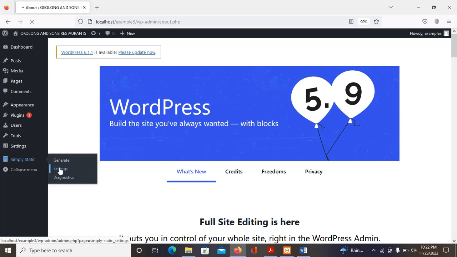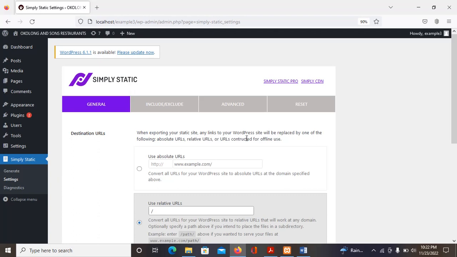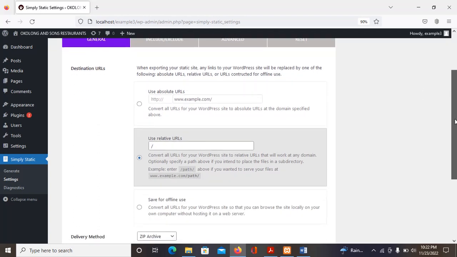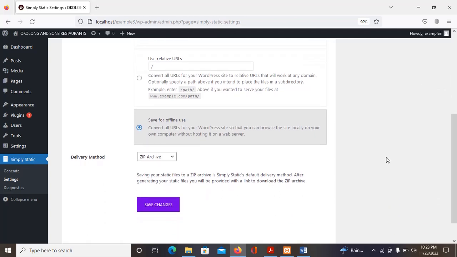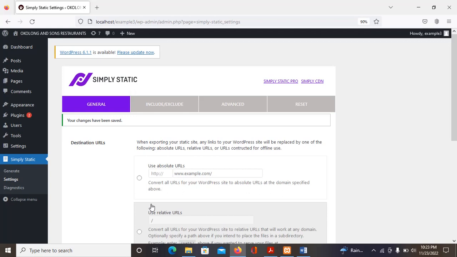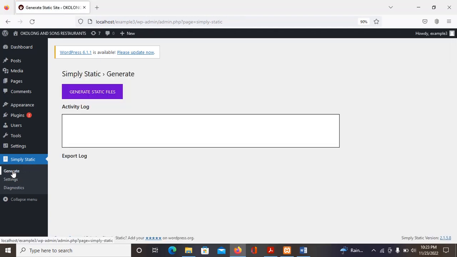So you click on settings. Then you look for save for offline use, because we shall mark it offline. Save for offline use, and make sure you save the changes from here. You click on save changes. After you have clicked on save changes, go back to Simple Static, and now generate. Click on generate, then you click on generate static files,